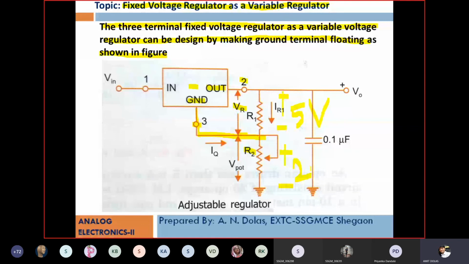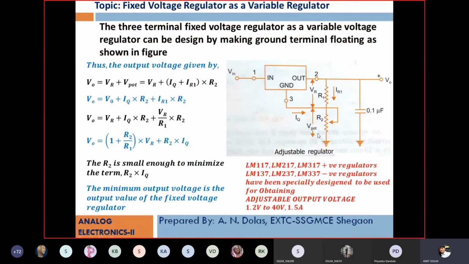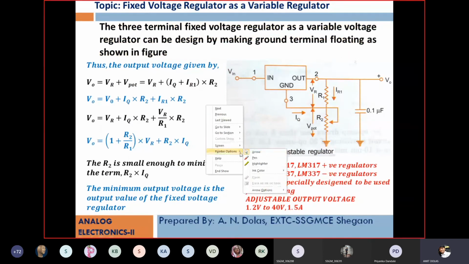And if you are varying R2, if it is 0, then output will be 5 volt. As we are increasing R2, it will maximum increase up to 2.5. So 2.5 plus 5, output voltage will be altogether 7.5 volt. So this is the design for variable voltage regulator. Its analysis